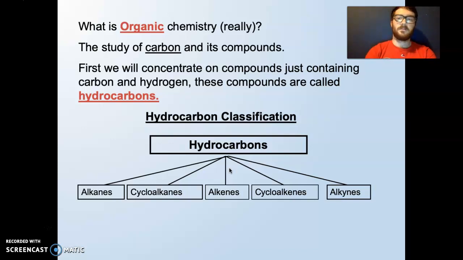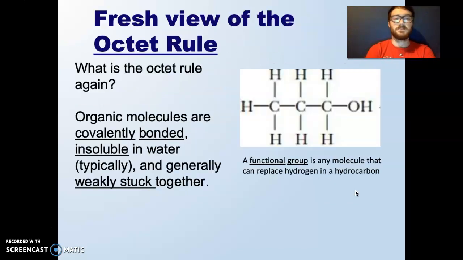Really the entire organic chemistry field is focused on what's called hydrocarbons. Carbon almost always bonds with hydrogen. Why? Carbon's weak and hydrogen's even weaker, and so it bonds with what is weaker than itself, which is hydrogen. And it makes all sorts of things: alkanes, cycloalkanes, alkenes, cycloalkenes, alkynes. You can see all those down there. It makes a tremendous variety of things. We're going to talk about that in the coming sections.